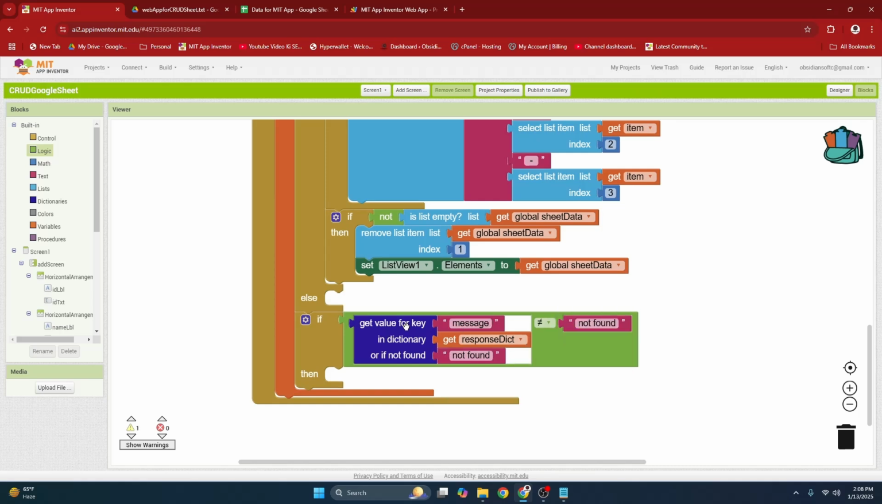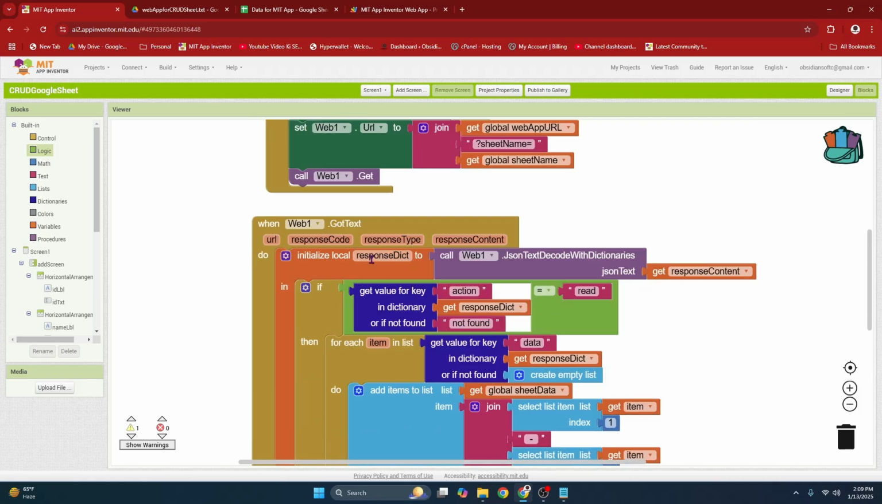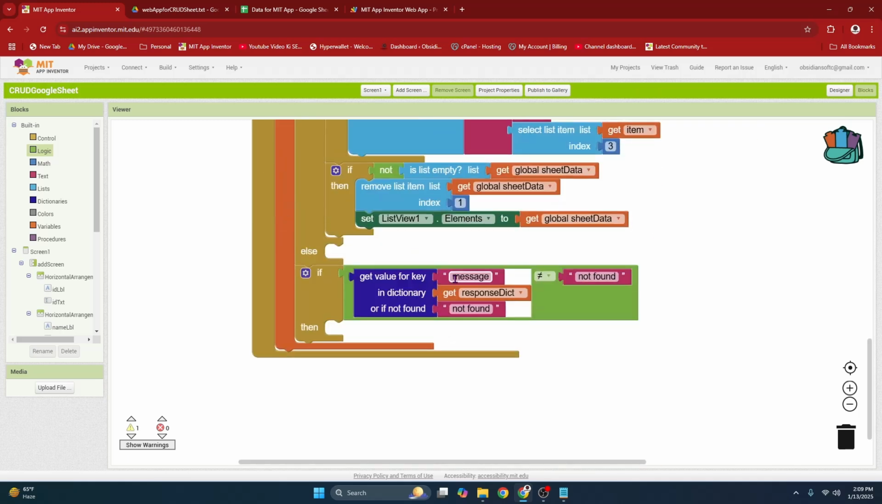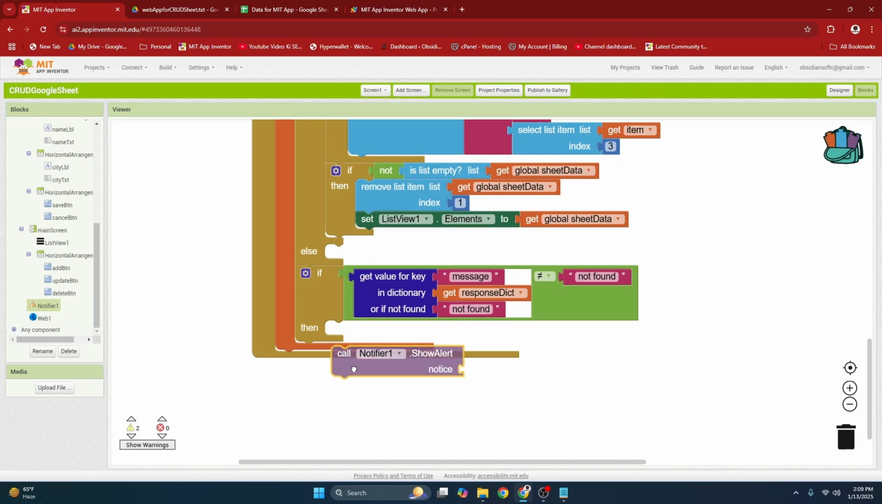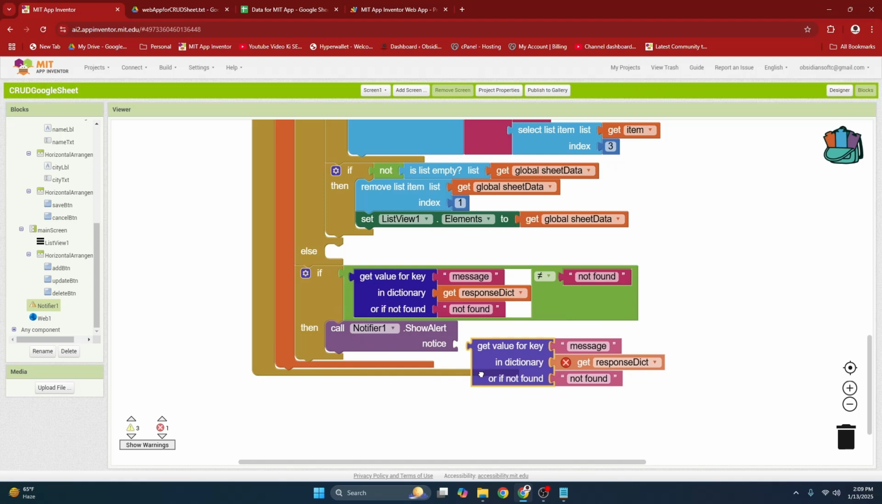Okay, so what will happen here is that we are going to check if the decoded response content that we decoded inside a dictionary, it has a value against the key message. If it doesn't have a value for key message, then it will be made not found, and then it will be then equal to not found, and then we will not go inside here. But if there's some value for the key message in response dictionary, then we want to show it to the user using notifier. So go to notifier and call notify.showAlert, and then right click, duplicate, and then just show the